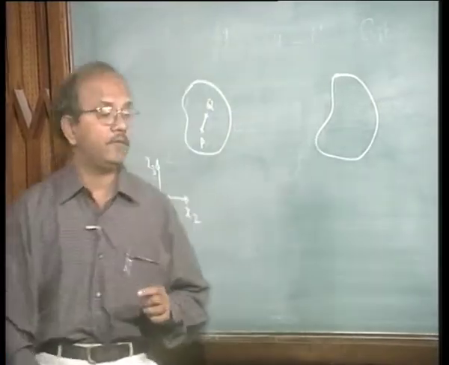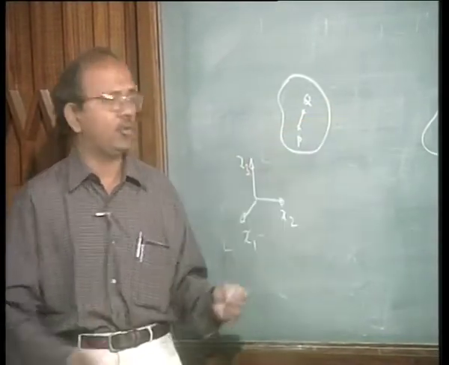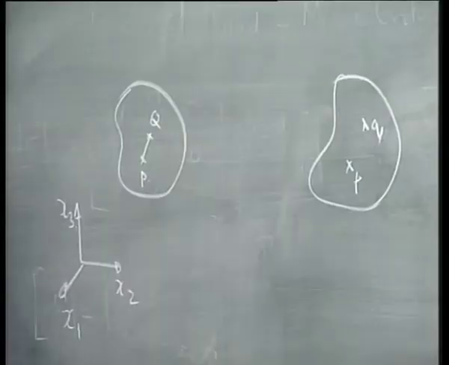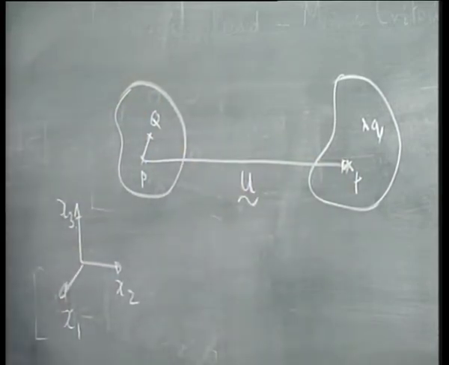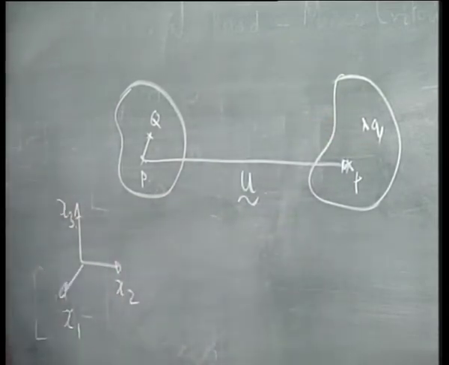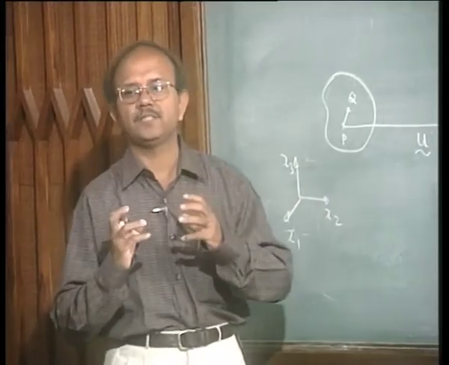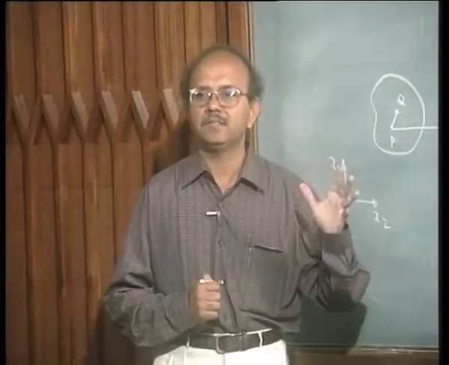In other words, if the displacement of P and Q has to be the same to another point, say small p and small q, okay, and this displacement vector is called by, say, a vector u, and if this Q also happens to go to this q by the same displacement vector, then there won't be any strain. Is that clear? So that is what is going to be our basis for further definition of our strain.